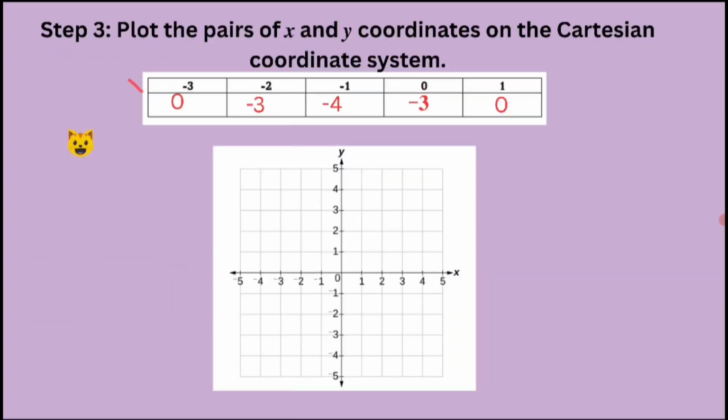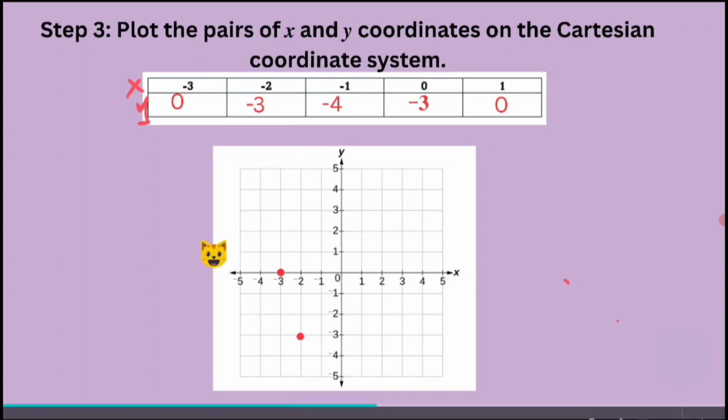Again, ito ay x at ito naman ay y. Okay? So, ang ating first ordered pair ay negative 3, 0. At ang negative 3, 0 nandito. And then, we have negative 2, negative 3. Andito siya. Next is negative 1